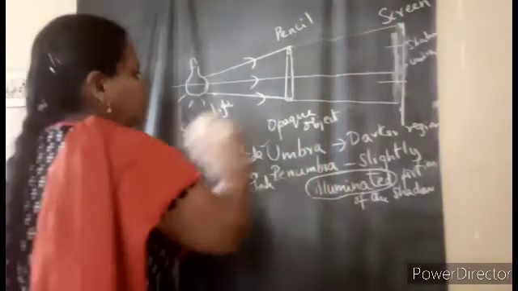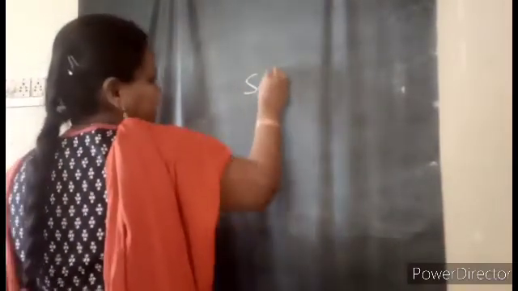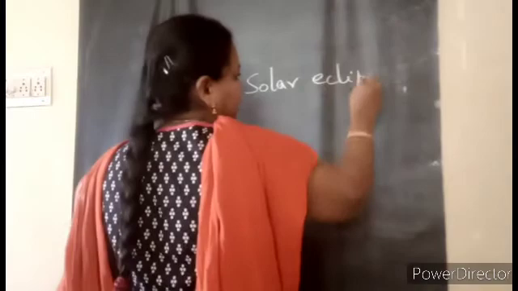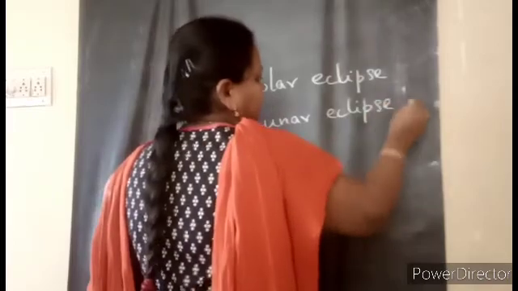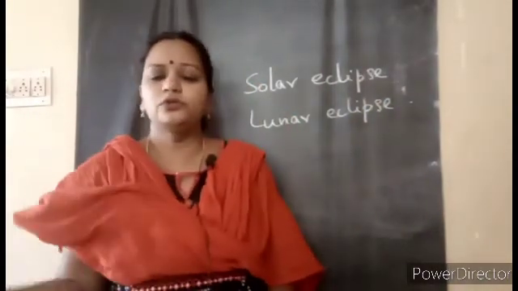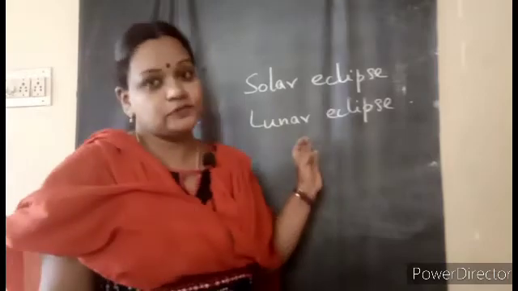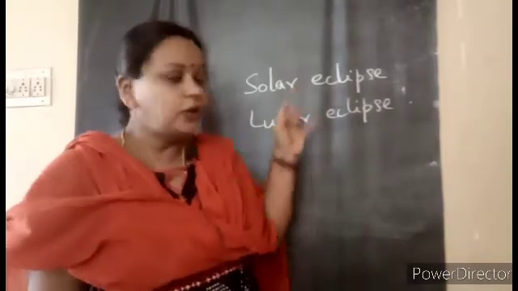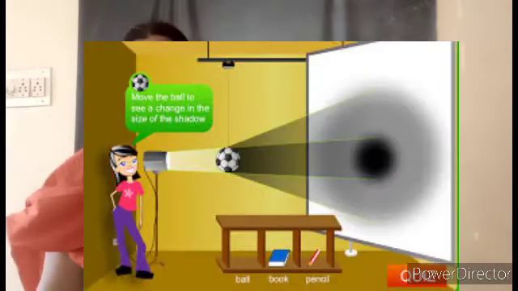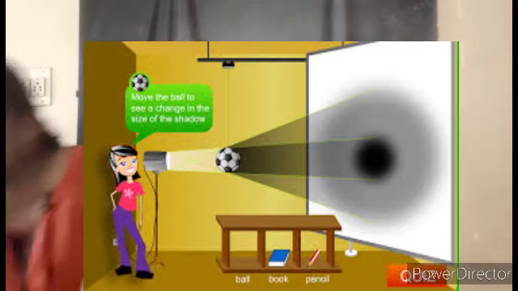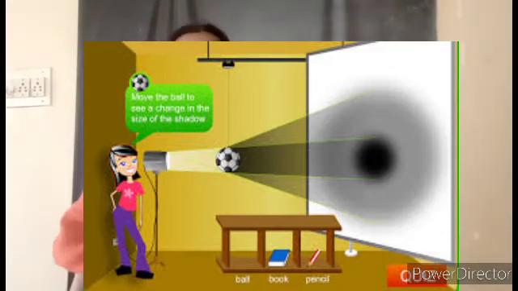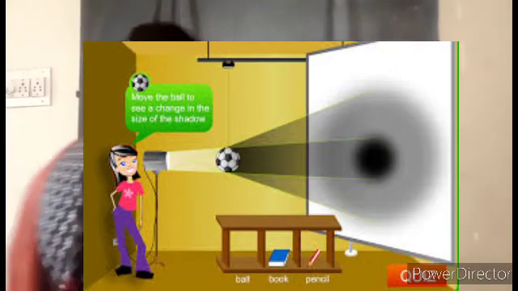You might have heard, no? Two types of eclipse. One is the, what is it? Very good. Solar eclipse. And another one is the lunar eclipse. Yes, children? So why, madam, suddenly from shadows are you going to solar eclipse and lunar eclipse? Some of you might have guessed it. Yes, here also the formation of the shadow of one of the objects is going to cause this eclipse, meaning something disappearing. We are not going too deep into that. This is only for you to understand and enjoy what is happening in nature also.